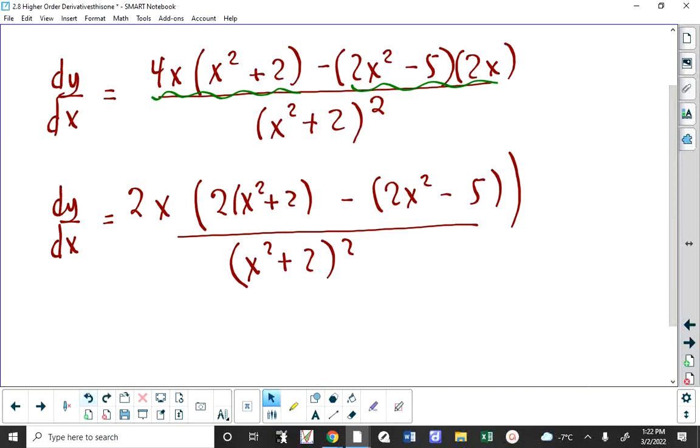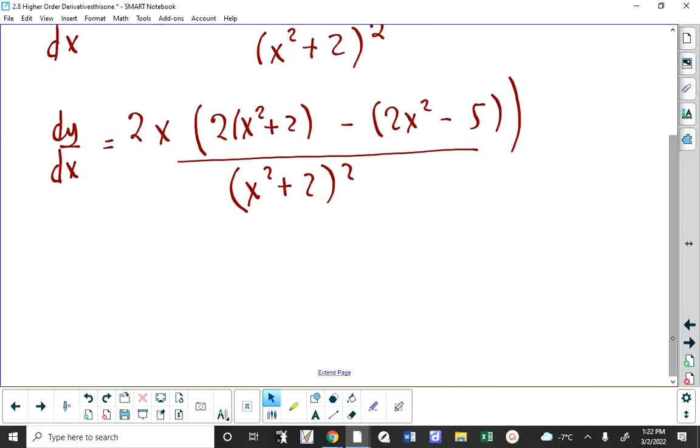It's okay. So now I simplify what's in the brackets, and as is almost always the case, it cleans up a lot. We have 2x squared minus 2x squared. It's a wash. There's nothing left for the x squareds. Then we have 2 times 2, which is 4, minus negative 5. So we end up with,